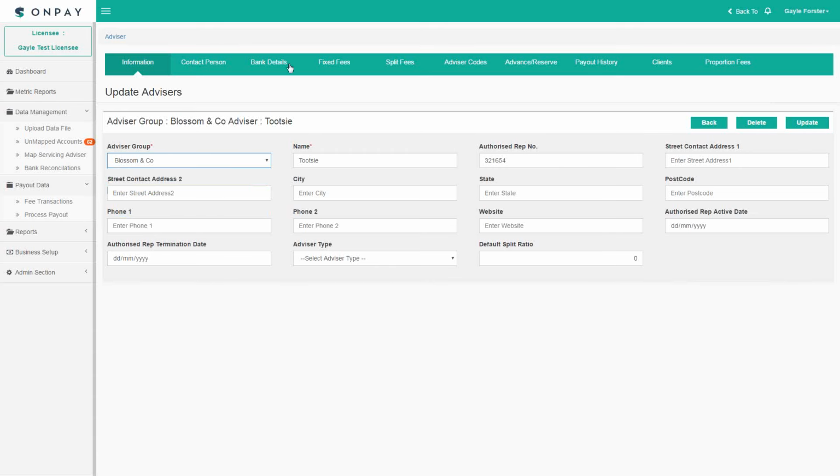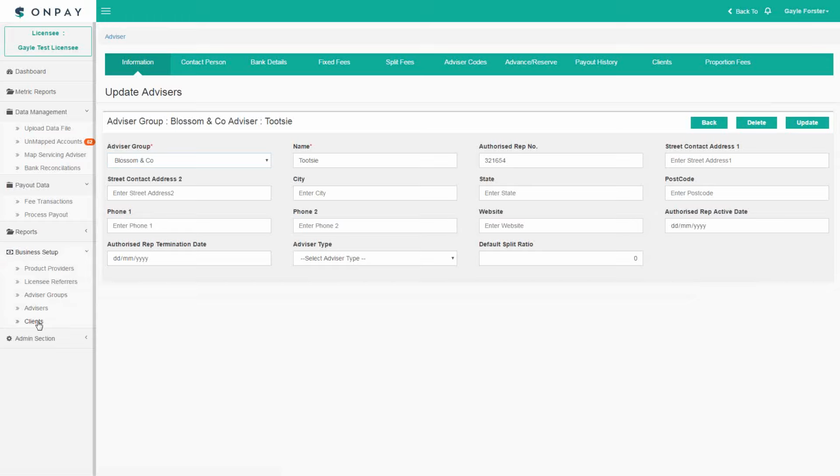From there, I'm then back seeing all of the corporate entity type fields. So again, who is the contact person, who is the bank details, and so on and so forth. So it really is at this point just about the data entry, making sure that everything gets set up. Now, the last one in this particular section and the last one that I'm going to cover off on for